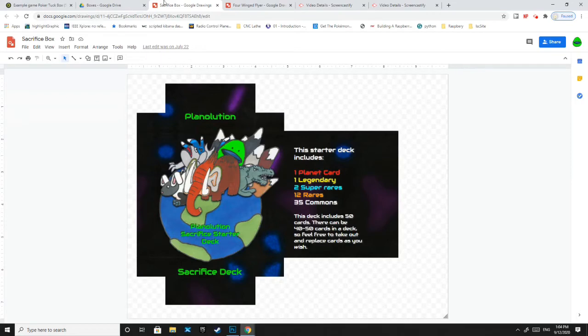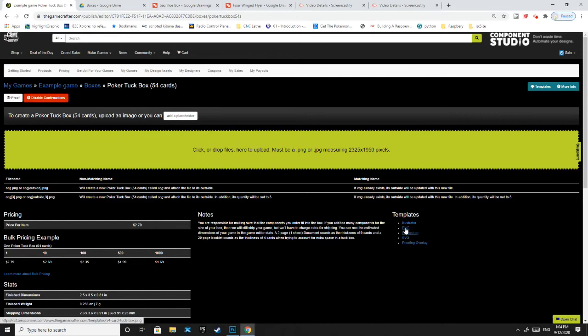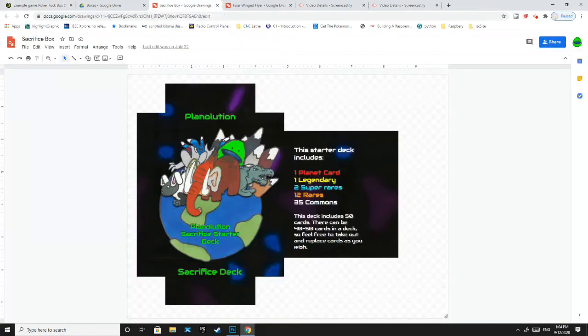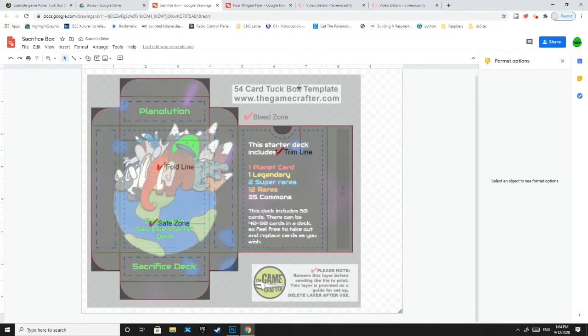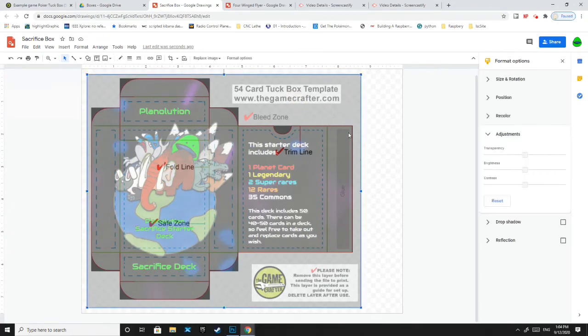And the way I knew how everything would fit was I downloaded the PNG version of this template, and then I inserted it here. And then I inserted the template into Google Drawings, and I made the transparency 50 so that you can see through it and you can see your image behind it. As you can see, it lines up with the outside of the box, and everything's mostly where I need it